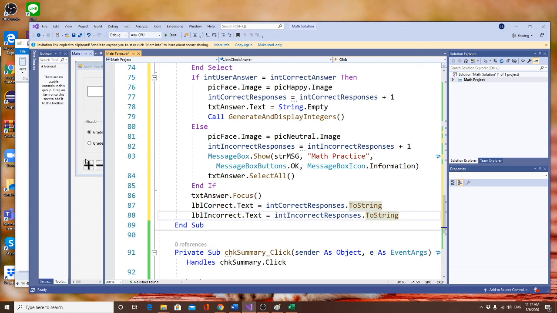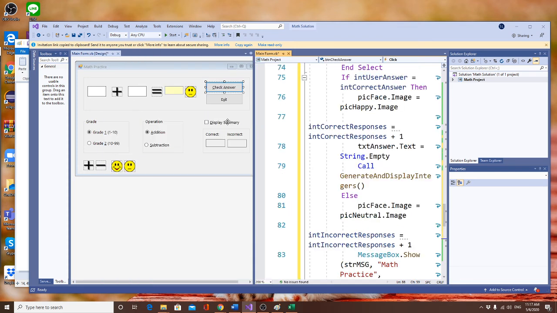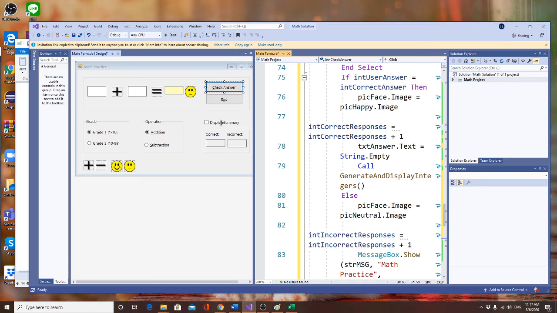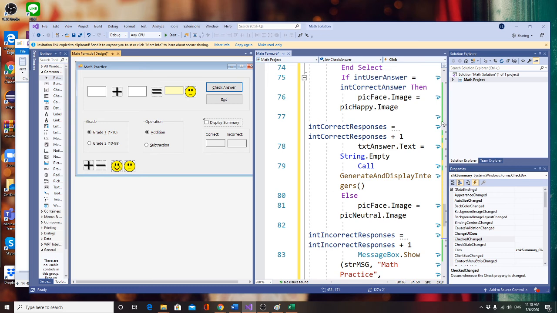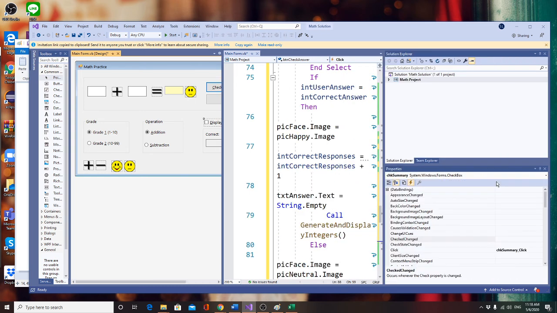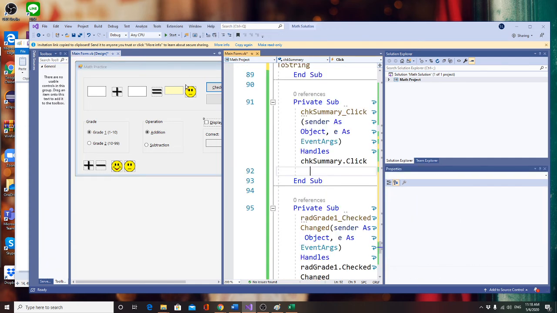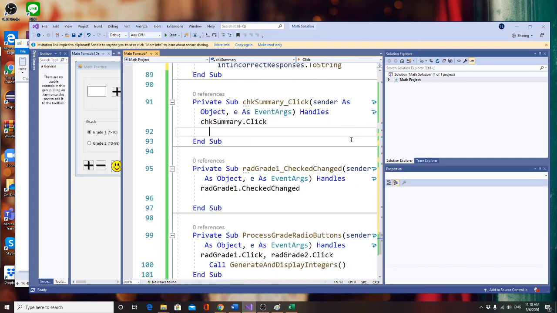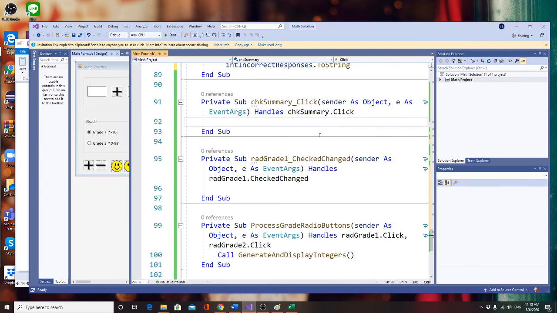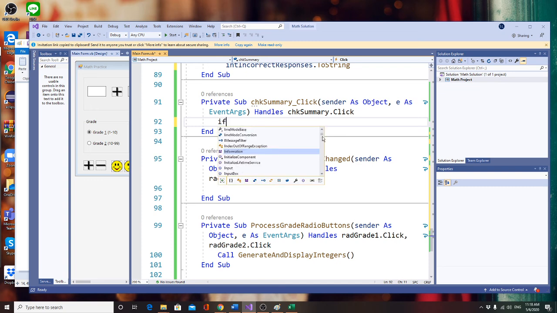Then let's go to the last one right now. The last one is, once you click on this, I'll show this. It was hidden right now. So let's click on that. Then we are going to go to the click event for the checkbox. We say the thing is, all right, if